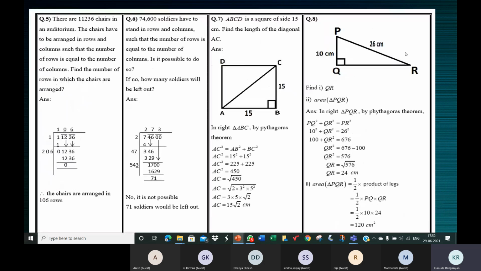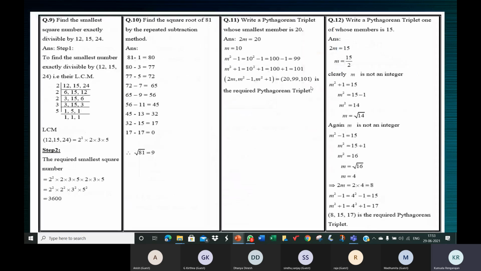So in this triangle, if you mark this one as m square plus 1, this as m square minus 1 and this as 2m, how do you check Pythagoras theorem? You must find PQ square, find QR square, add both, PQ square plus QR square, and that should be equal to PR square. If PQ square plus QR square is equal to PR square, that means you have verified Pythagoras theorem. And that will hold good for these expressions.